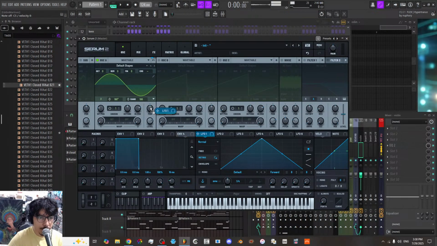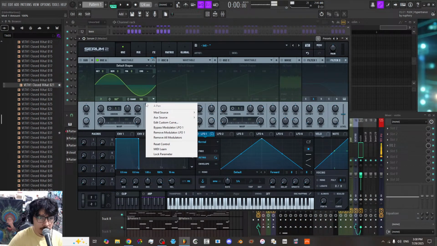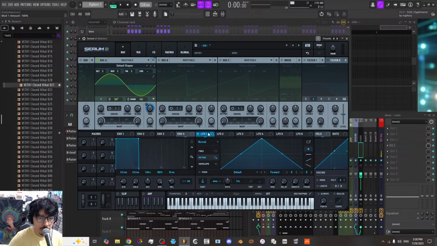I need to move the panning. How do I make that? Square like this.